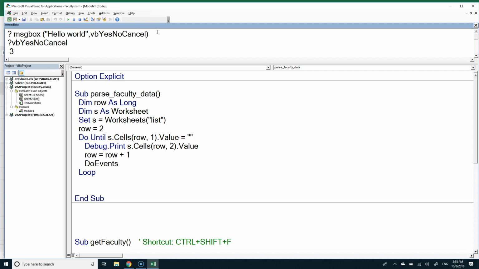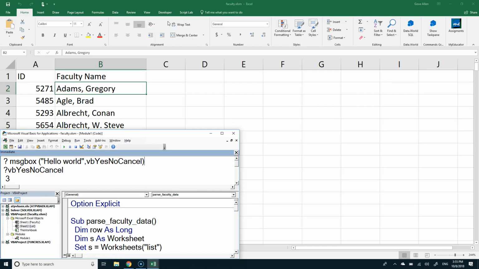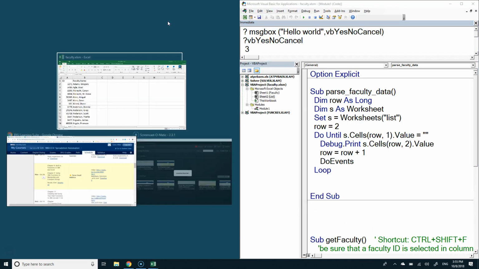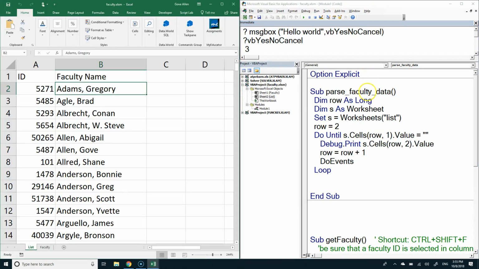How does it behave differently? Let me go ahead and put this code here. Now it's got a different set of buttons. Instead of just an OK, it's got a yes, no, and a cancel. Yes, the yes button returns what? 1. The no button returns